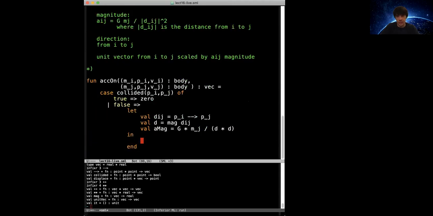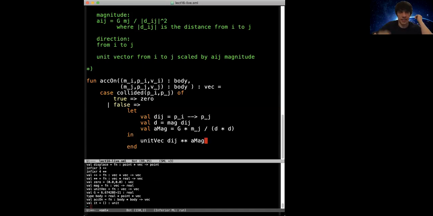So what we do is we take the unit vector from i to j and we scale it by a's magnitude. The point is that once we've got a nice library for working with vectors,